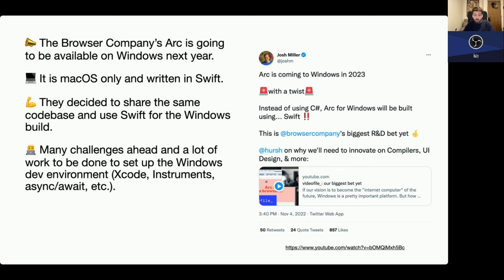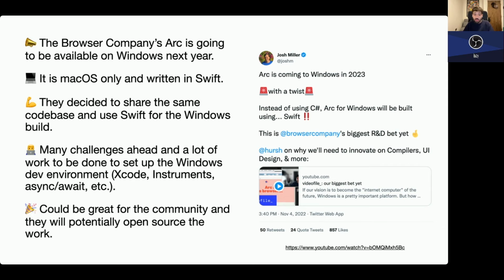They've decided to work on the ecosystem because they've got many challenges ahead. There's no Xcode, there's no Instruments, there's no async await. There's not really an easy way of getting UI working on SwiftUI on Windows. But instead of going for an easy approach, they've decided to keep the same code base, and because they're betting on Swift, they've decided to make it available cross-platform, take the bullet and work on the ecosystem.